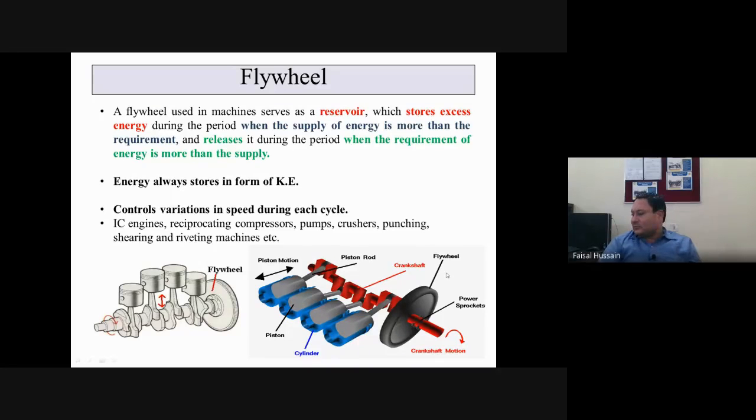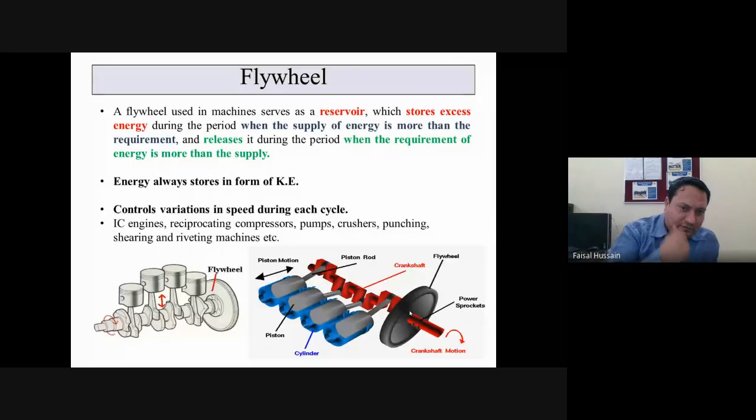Similarly, the next is the location of flywheel. So here you can see the location. This is the location between the crankshaft. This is the location of the flywheel. So it is located between the engine cylinder and the assembly line. This is the location. Generally what happens,